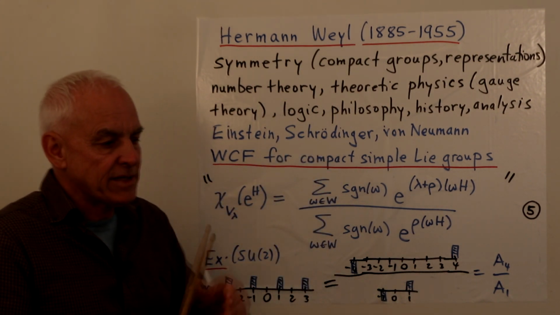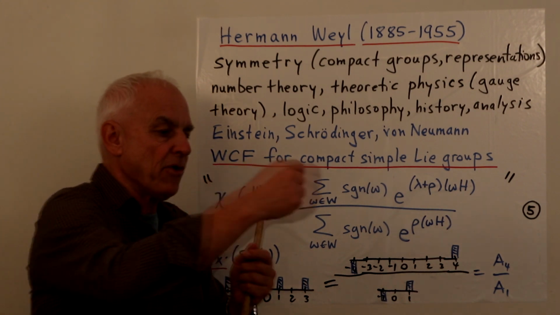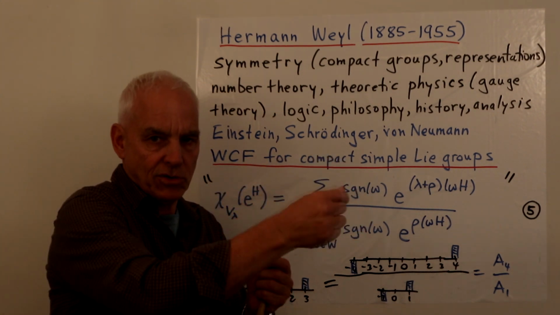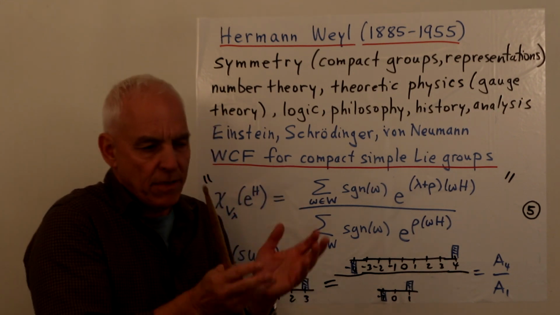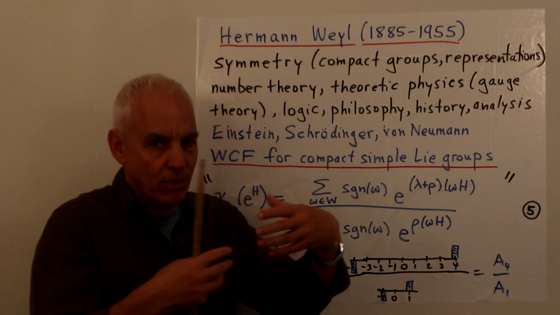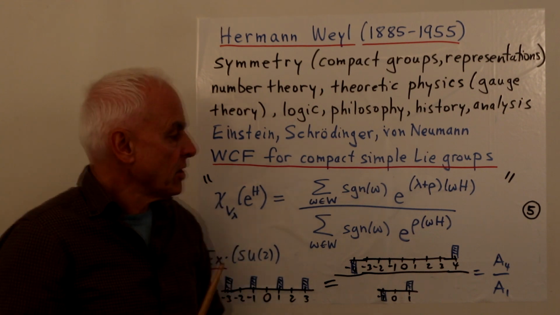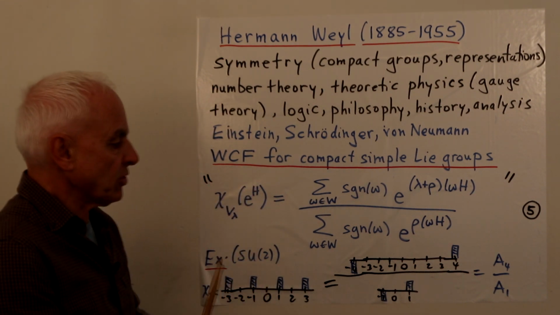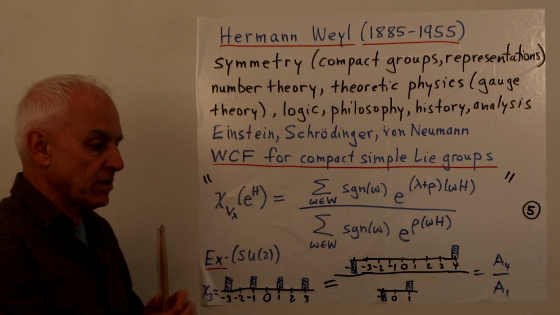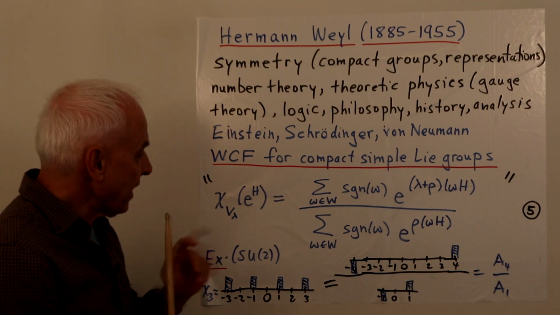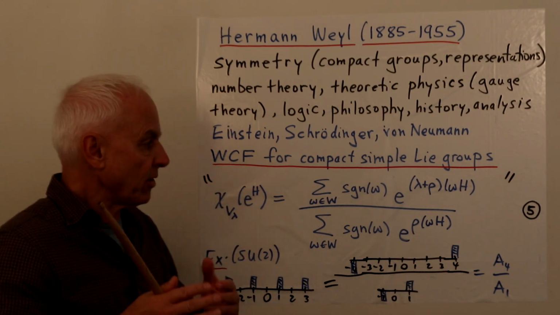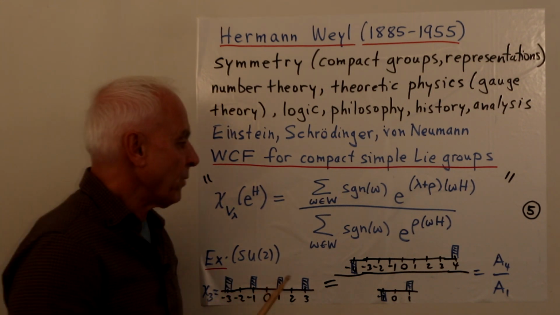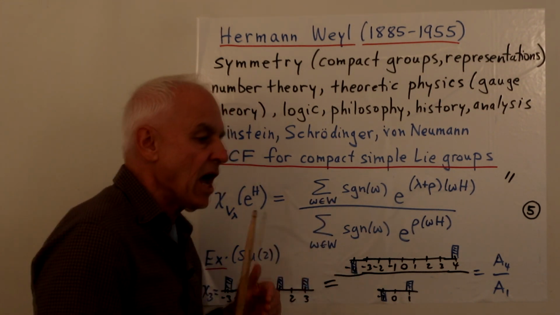So that's a subgroup for which any other element in the group is conjugate to one of the elements in this Cartan subgroup. And so that means that if you understand the character on the Cartan subgroup, then you understand it everywhere, okay? So he's describing the character's values on a particular Cartan subgroup, and he's saying that in terms of this infinitesimal element H in the corresponding Lie algebra, we have to take some signed sum.